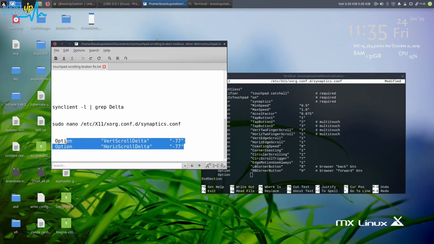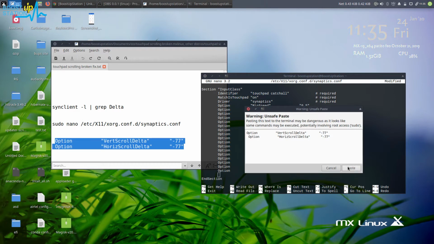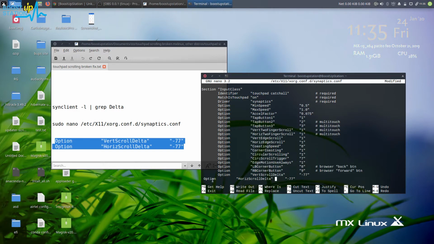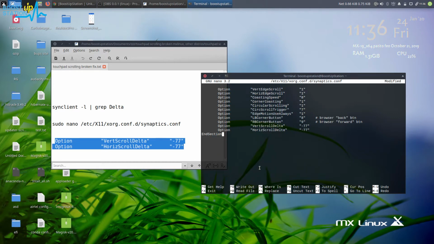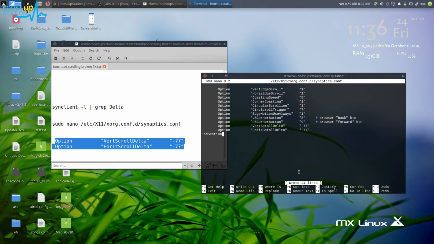You can just copy paste them, okay? Copy them from here, just delete this line and Control Shift V to paste. Click on paste if it asks for it, and you have to align these ones. Press tab here, okay, and now you got it. These one, both values. In the keyboard press Ctrl O to write these values and press enter. Now you have 24 total lines. Ctrl X to exit.